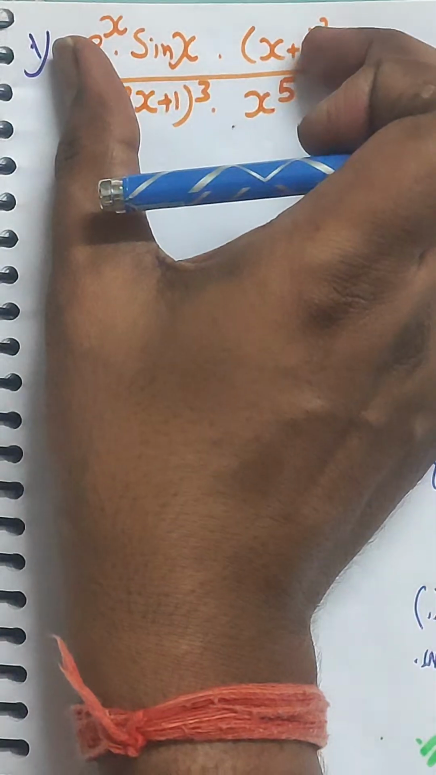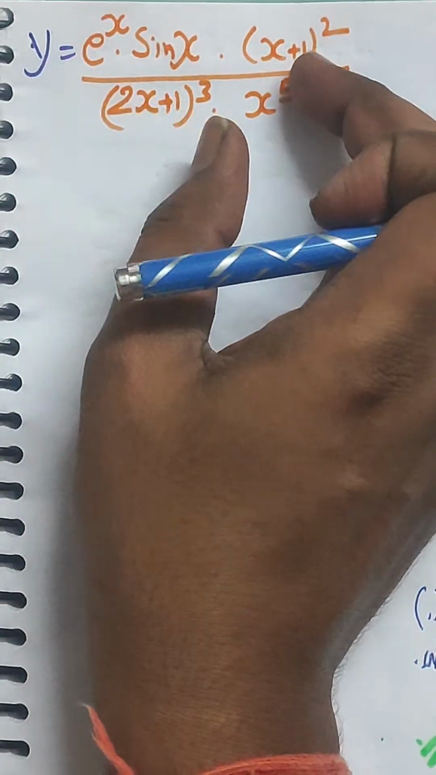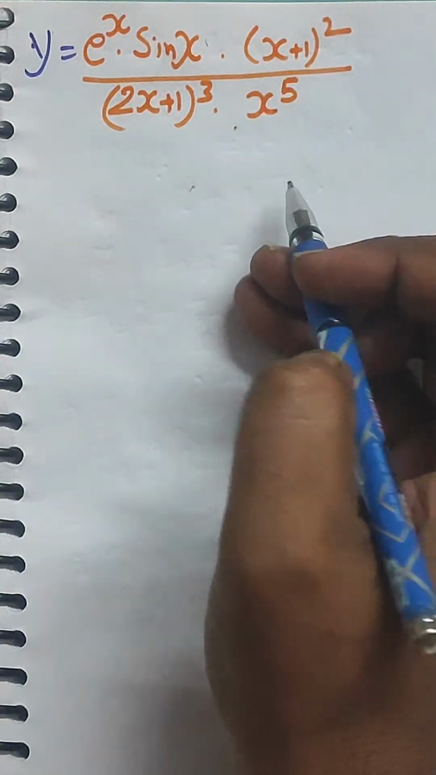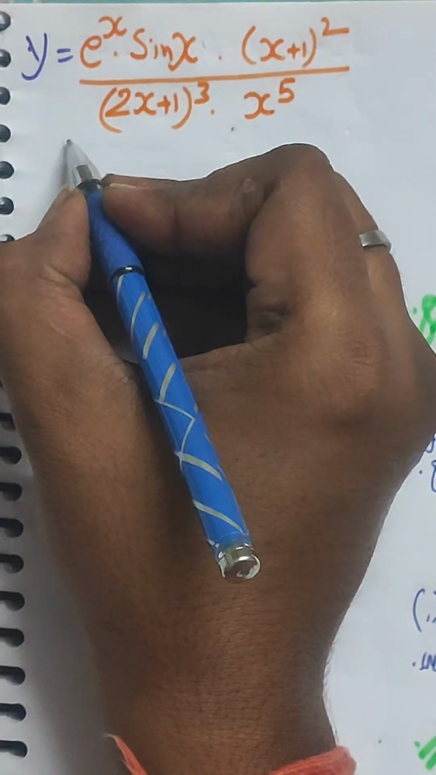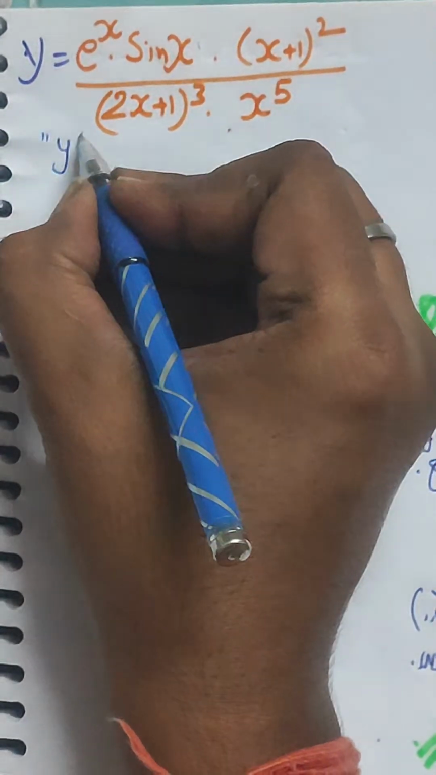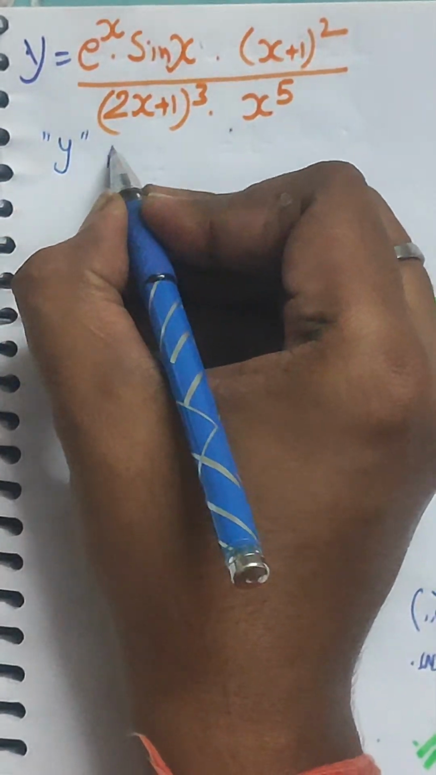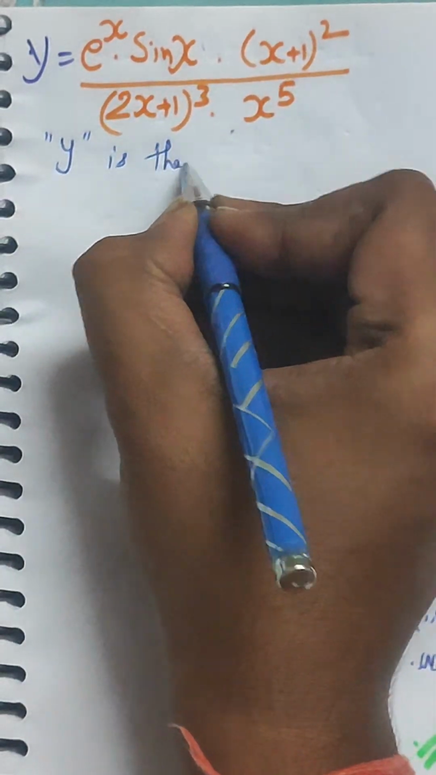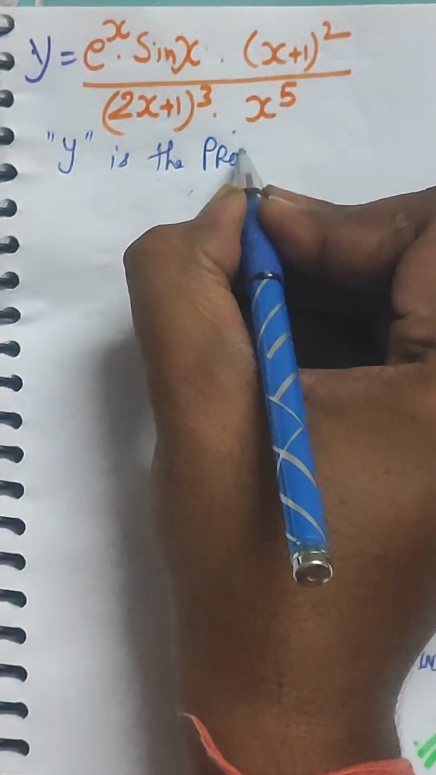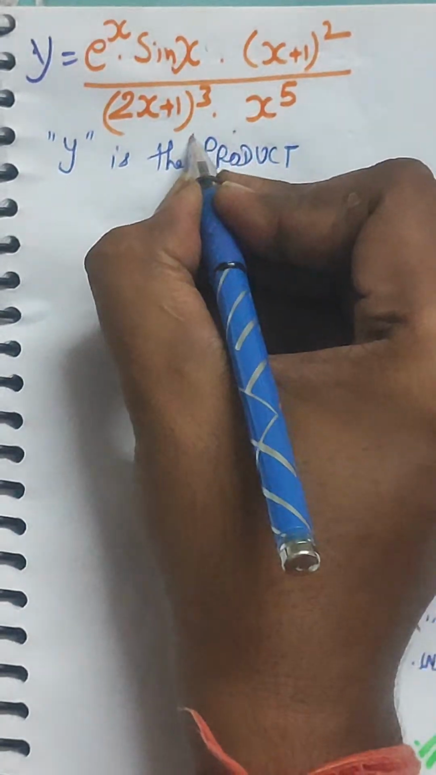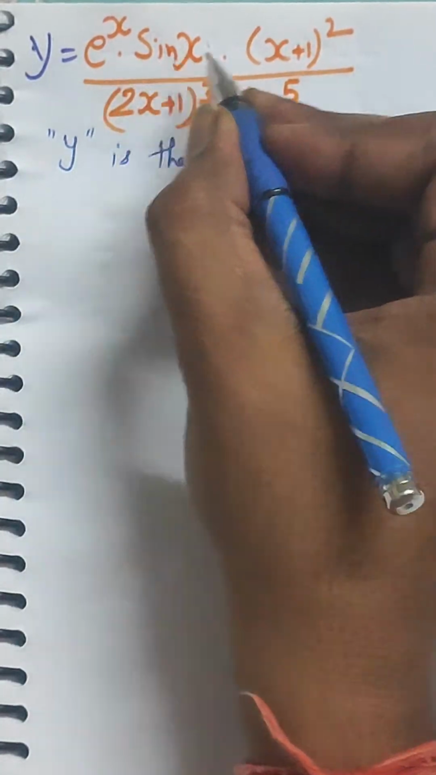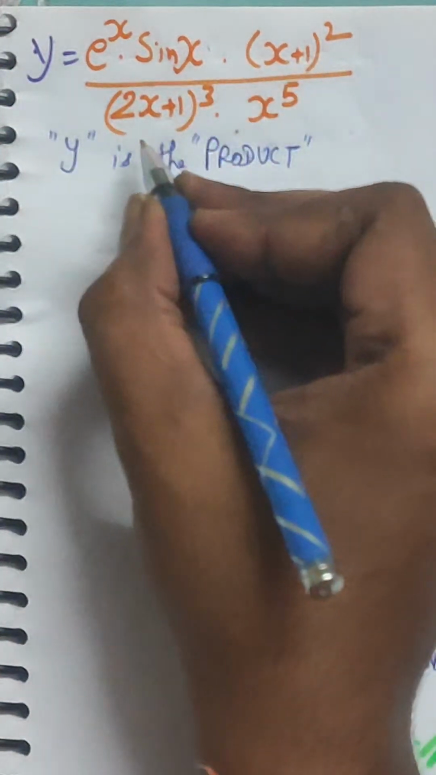So if some function is divided by another one, we get some function. Okay. So you can see the product and quotient are there, right? Here y is the product. How product? You can see e to the power x multiplied with sine x multiplied with x plus 1 whole square, and